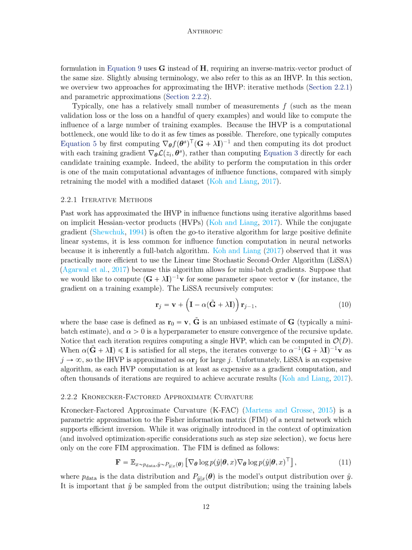Section summary. Computing the Inverse-Hessian-Vector product, IHVP, is computationally intractable for large models, so two approaches for approximating the IHVP are discussed: iterative methods and parametric approximations. Iterative methods, such as the linear time stochastic second-order algorithm, LiSSA, recursively compute the IHVP by iteratively updating a vector using Hessian vector products. LiSSA is more efficient than other iterative algorithms because it allows for mini-batch gradients. However, LiSSA is expensive and often requires thousands of iterations to achieve accurate results.